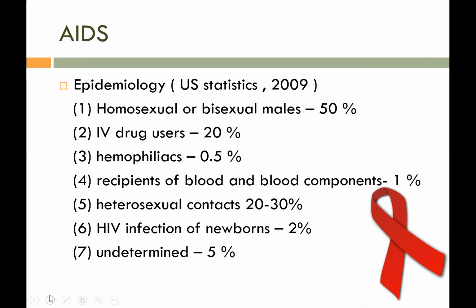So if we go back to your textbook this time, these are some of the people who are more commonly infected. Those are particularly MSM, men having sex with men, accounting for around 50% of cases. And of course, the others are already enumerated, like heterosexual, IV drug users, or infection transplacentally passed among newborns.